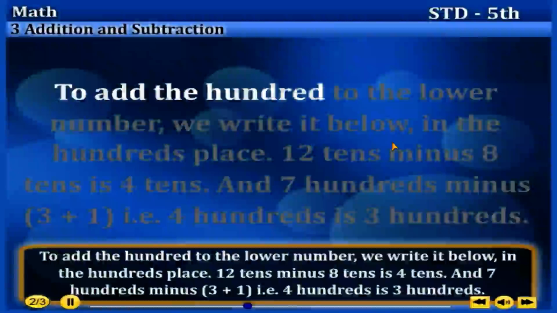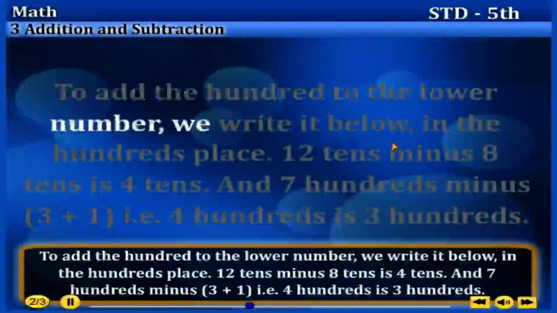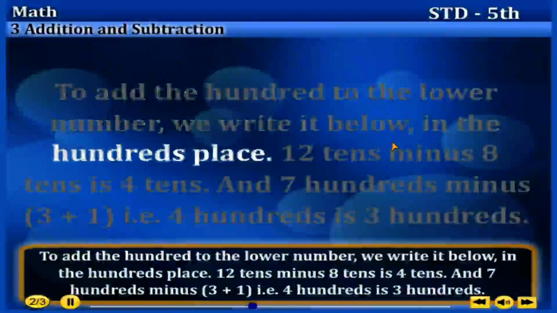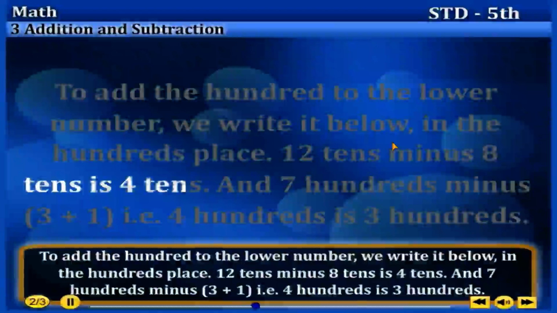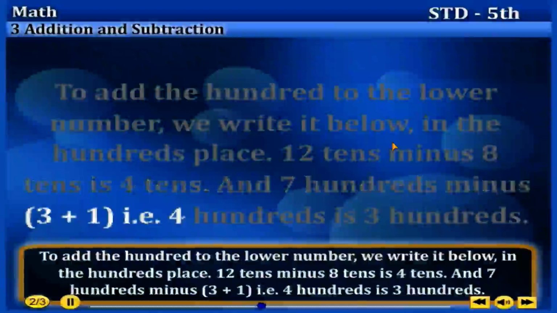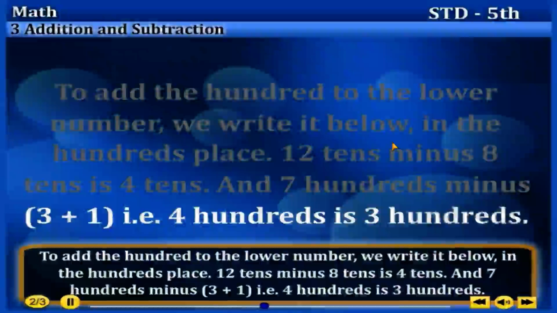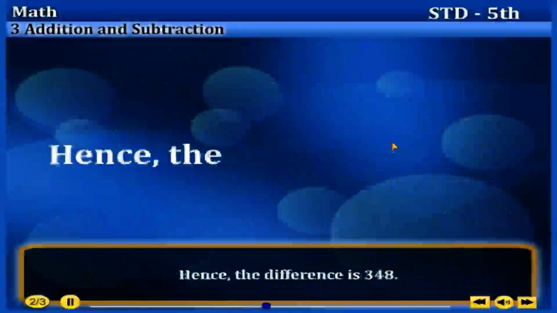To add the 100 to the lower number, we write it below in the hundreds place. 12 tens minus 8 tens is 4 tens, and 7 hundreds minus 3 plus 1, that is 4 hundreds, is 3 hundreds. Hence, the difference is